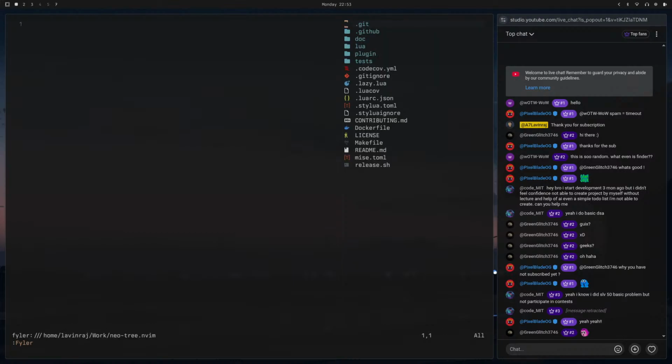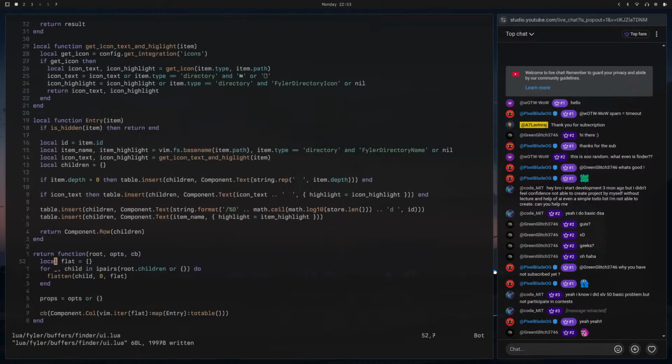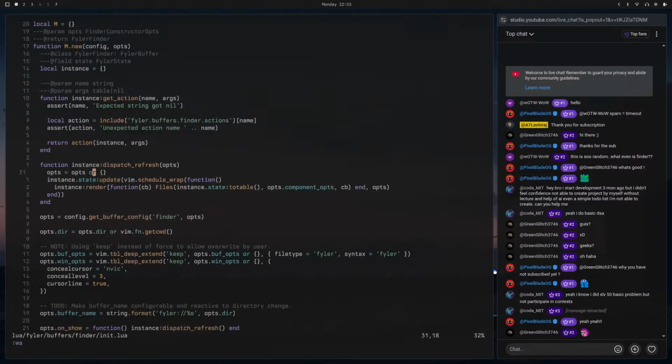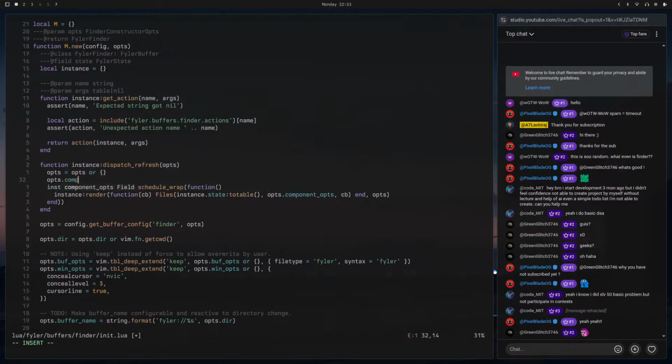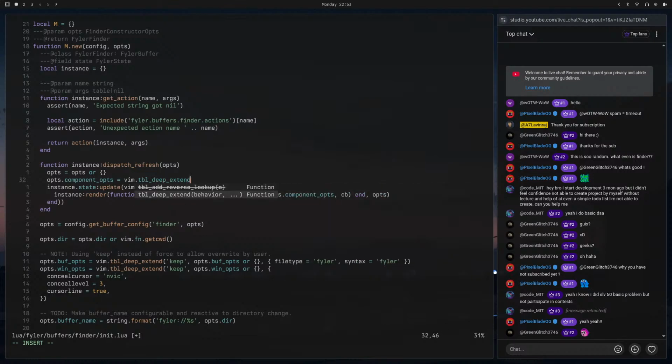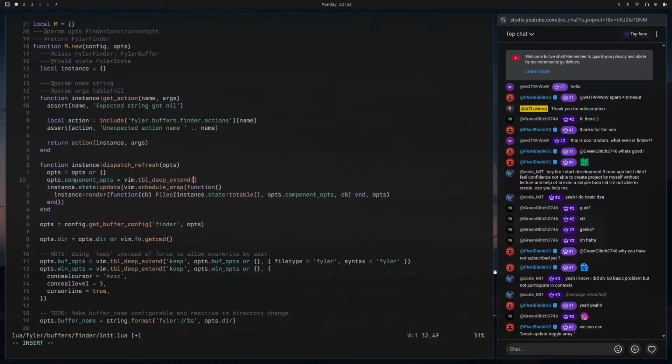The thing is, these states will not be saved. If I quit and open Fyler again, you can see dot files are still visible even though I toggled it off. So we have to just pass this component here. So we can assign this thing like opts.component_opts equals vim.tbl_deep_extend, deep extend force, and